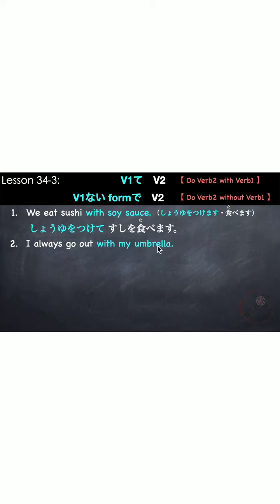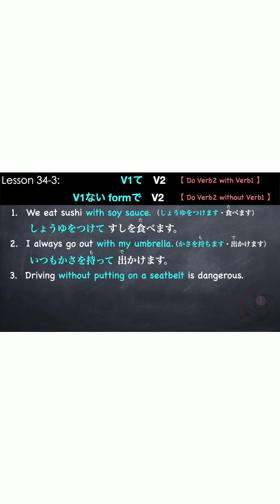Another example, I always go out with my umbrella. So our actions or our verbs are 傘を持ちます or I bring my umbrella. So with my umbrella means I bring my umbrella. And our second verb is to go out, which is 出かけます. So our sentence is いつも, always, いつも傘を持って出かけます。